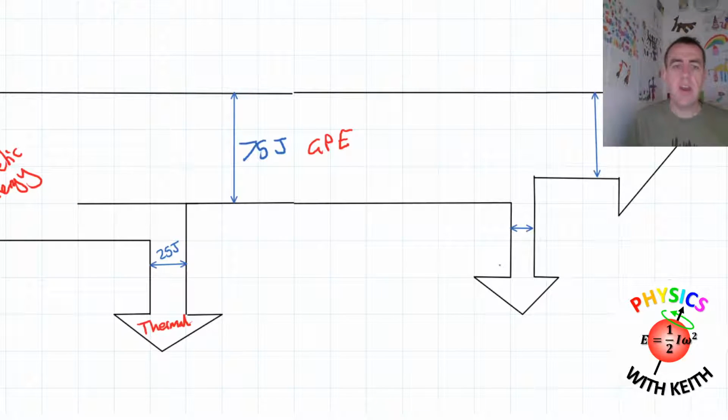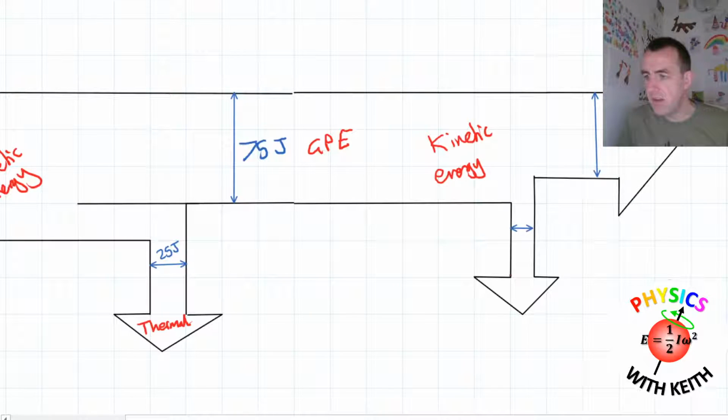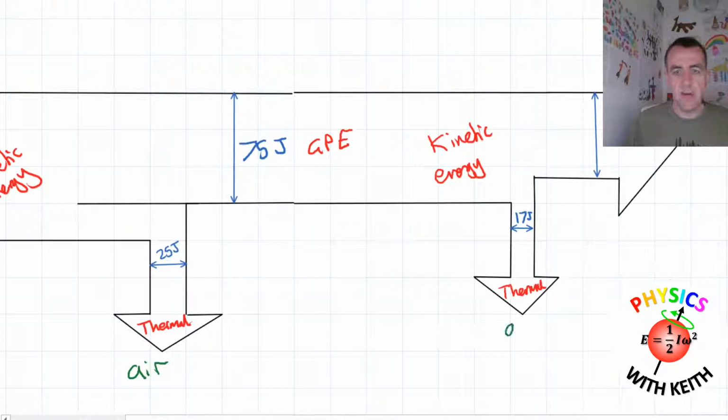So what is this arrow that comes off as thermal? This here is kinetic energy here, but then a bit comes off as roughly 17 joules. Yeah, I'd say that's a pretty good estimate. So we've got 17 joules coming in here. And down here we've got thermal energy. And this is thermal energy in the air, remember? So we could even label this in the air. Thermal energy in the air, thermal energy in the air.